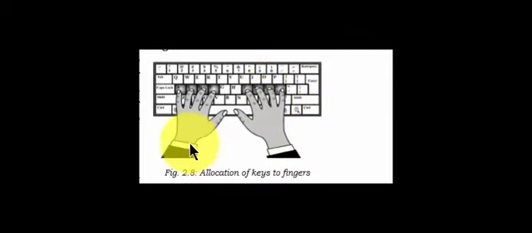Children, look at this keyboard in this figure. This row on the top is known as the fourth row, children, right? And the row below this is known as row number 3, the third row. This is the second row, which is also known as the home row, and then we have the first row below the home row.